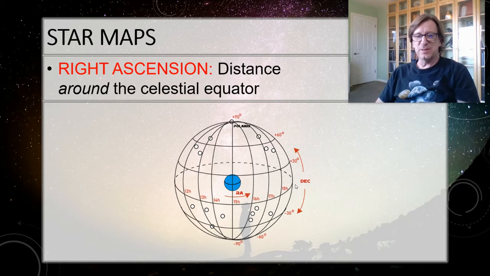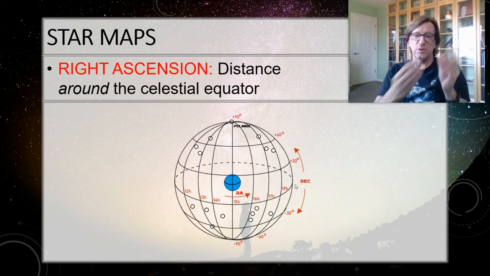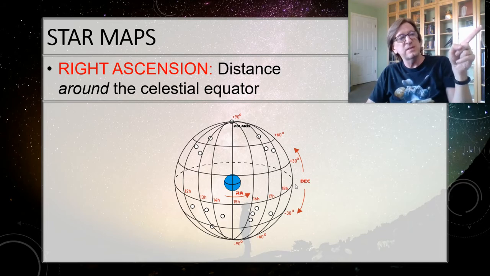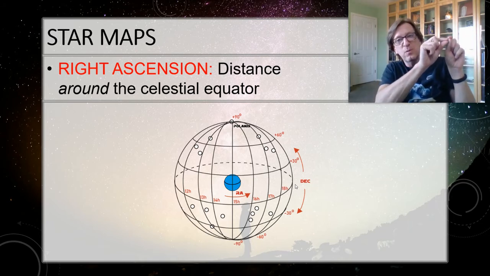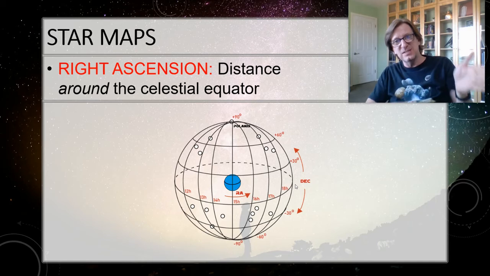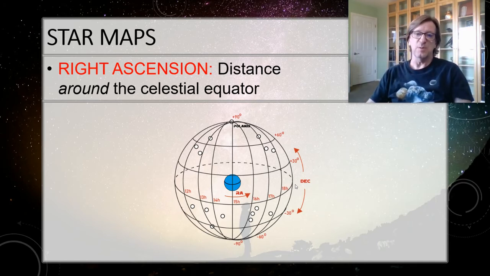Right ascension is maybe a little more complicated, and so I need to give you a little bit of the history of where this came from. The equatorial system was invented by a Greek named Hipparchus. Now, telescopes hadn't been invented yet, so his observatory was really just a stone wall going around. And he had little marks in it. And what he would do is he would watch when something would rise in the east. And the moment that it cleared the wall of his observatory, he would write down the time. And so he called that the right ascension because it was to the east and it was rising in the sky. So that's where the name comes from and why it's logged as time rather than distance.